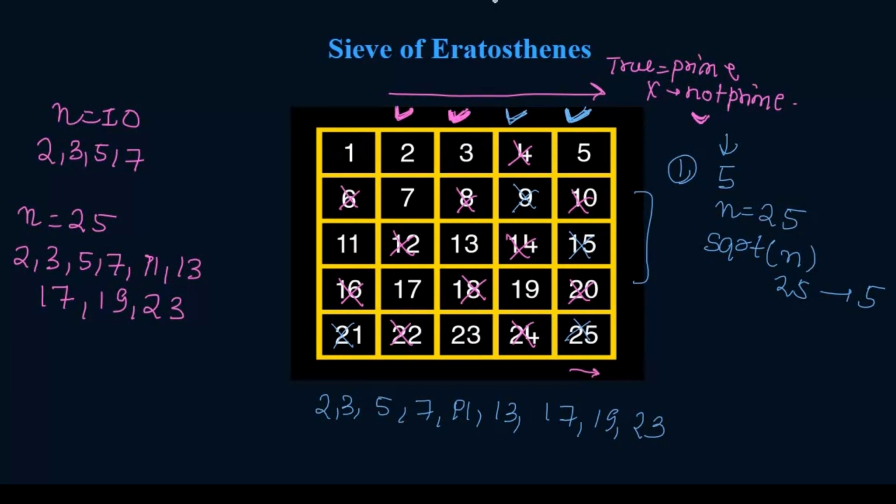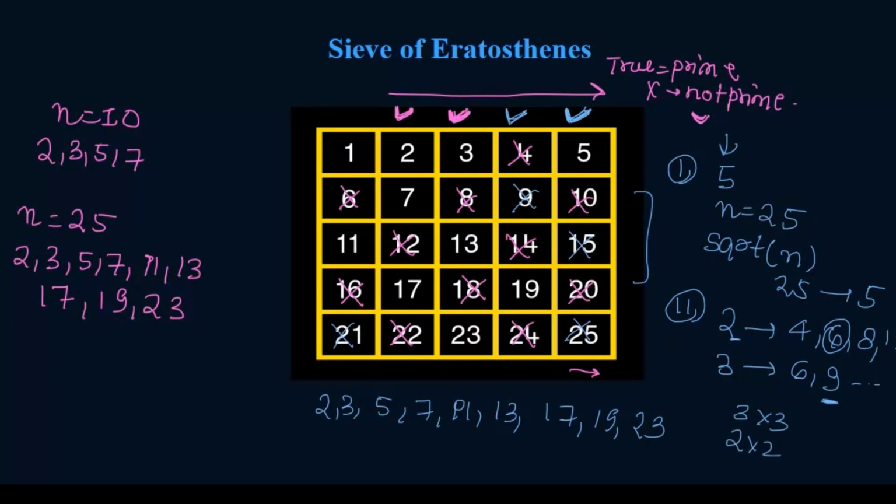The second optimization of the sieve theorem is that we cross the multiples of a number, but for 2 we start the crossing from 4, then 6, then 8, then 12, and so on. Then for 3 we start crossing 6, 9 and up to 25. Okay, so from here we can clearly see 6 is already marked by 2, so we cannot mark it with 3 again, so we start the marking from 9. Actually that is 3 times 3. For 4 it is actually 2 times 2.